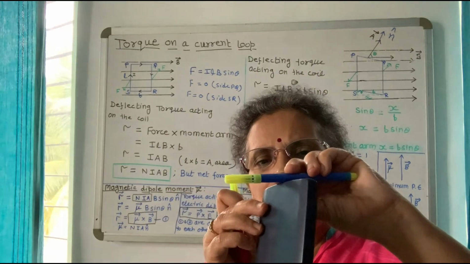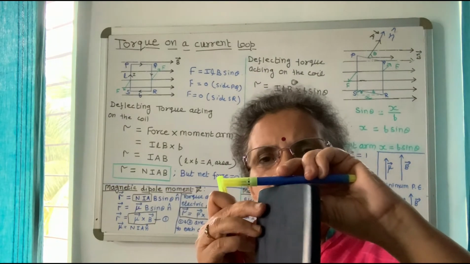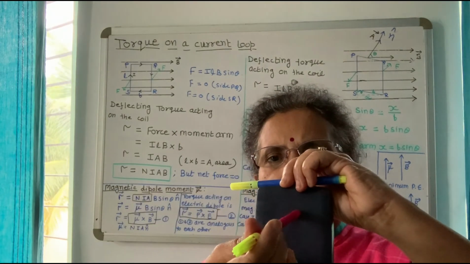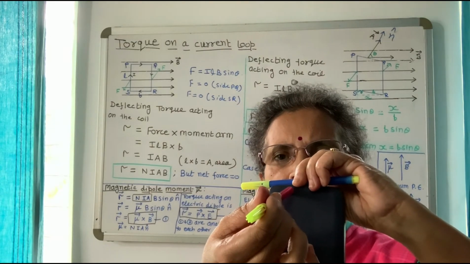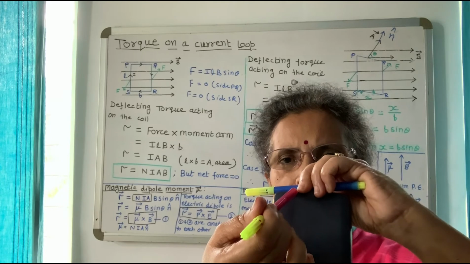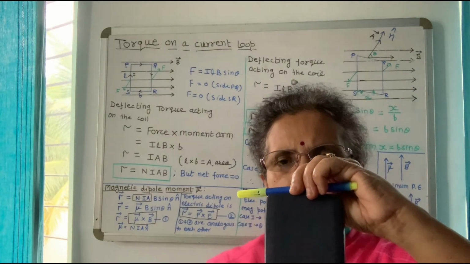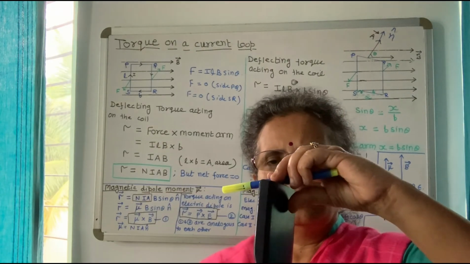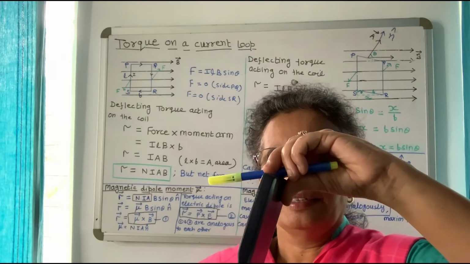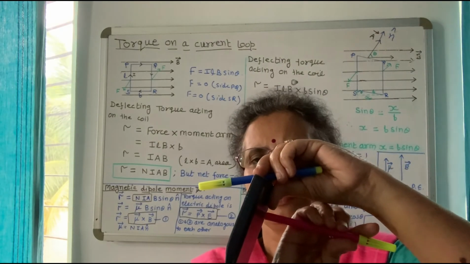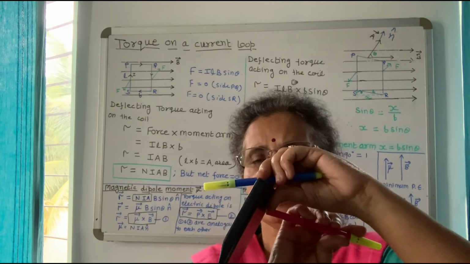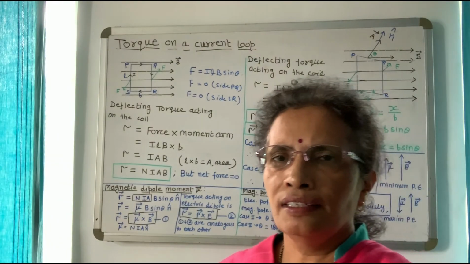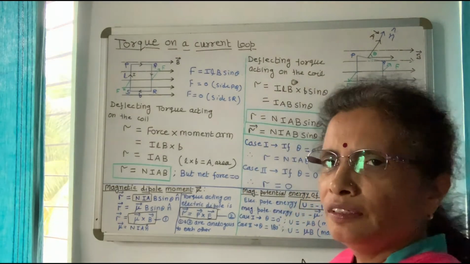If you rotate the coil further, torque will act, so potential energy is stored. Now when the coil becomes like this, the area vector is perpendicular and the angle is 90 degrees, cos 90 is 0, so the potential energy is 0. If you rotate further and the coil becomes like this, the angle between the magnetic field and the area vector is 180 degrees. So cos 180 is minus 1, the potential energy will be plus mu B, which is the maximum.